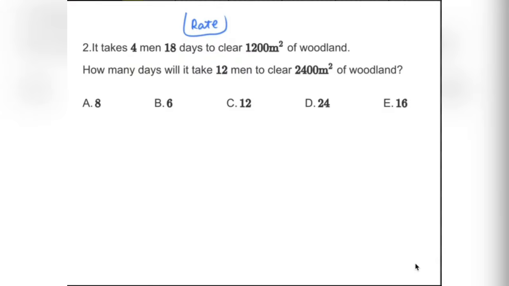When it comes to rate problems, you should be very clear about 3 elements. The first is the worker, the second is the time, and the last is the outcome. Both worker and time will affect the outcome. Let's write down the relationship. According to the question, 4 men, 18 days, and we get 1,200. Then what are we looking for? We are looking for 12 men,